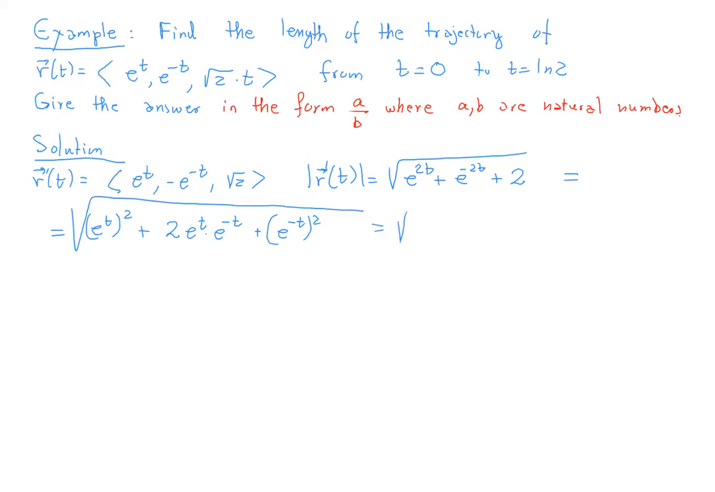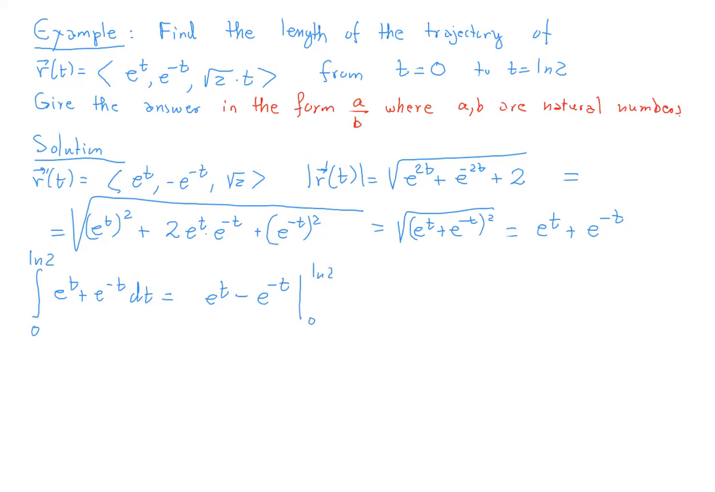And this will be the square root of (e to the t plus e to the negative t) all squared. Now we're dropping the square with the square root. Basically we want to find the integral from 0 to ln of 2 of the function that we just ended up with, which is the speed. And the antiderivative for this will be simply e to the t minus e to the negative t